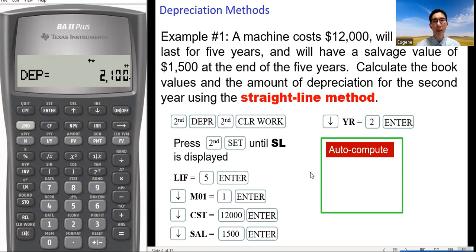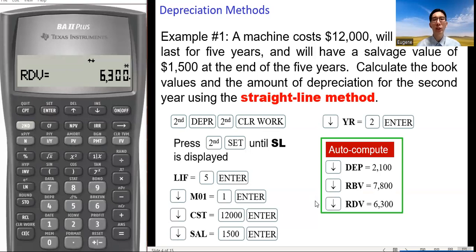The DEP, the depreciation amount for the second year, and then RBV, the remaining book value of the asset, 7,500. And then the last one, RDV, the remaining depreciation value.